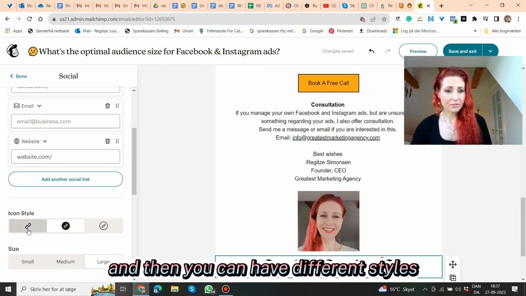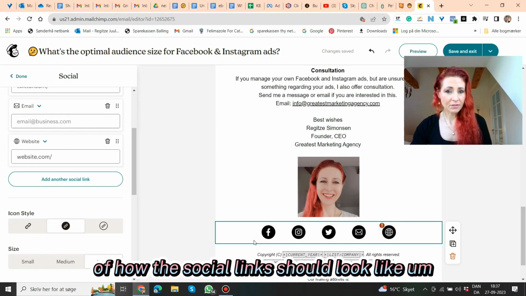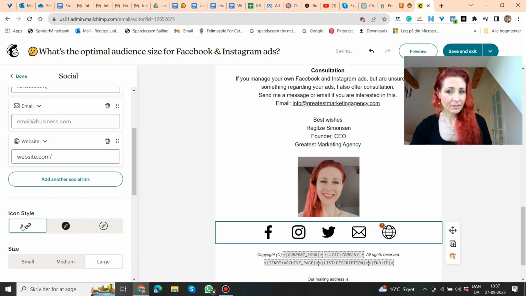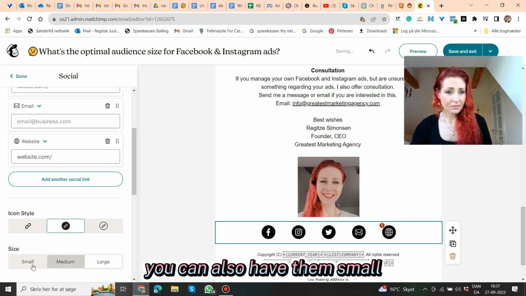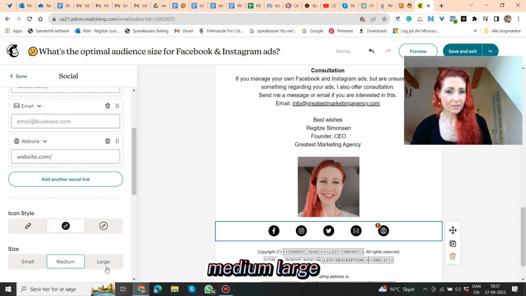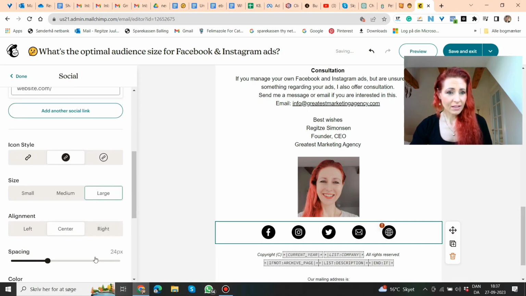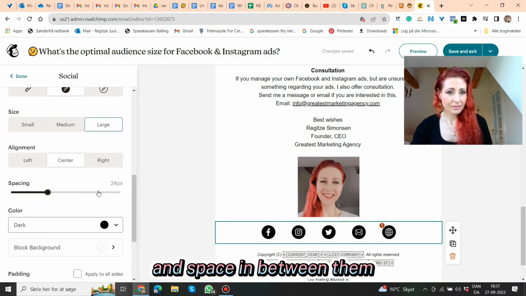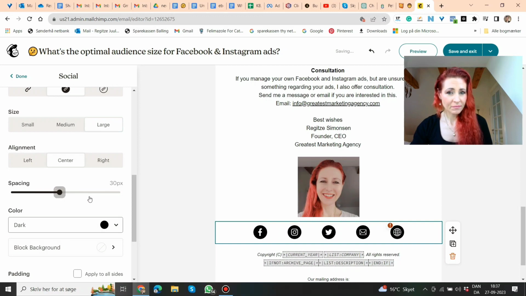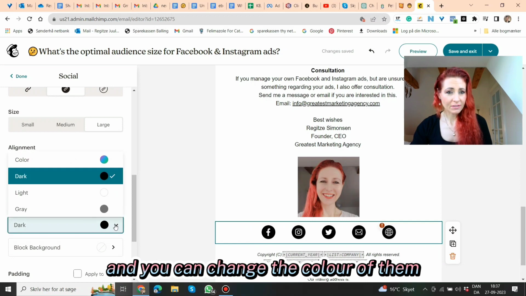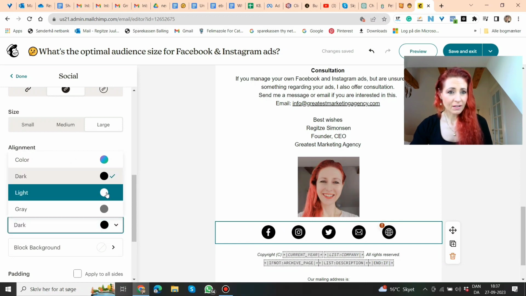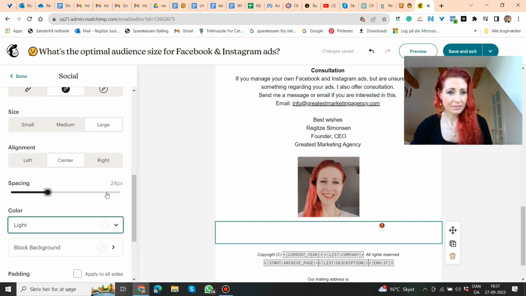And then you can have different styles of how the social links should look. They can look like that, or like this, or like this. You can also have them small, medium, large, and spacing between them. And you can change the color of them, dark, light, now you can see them,